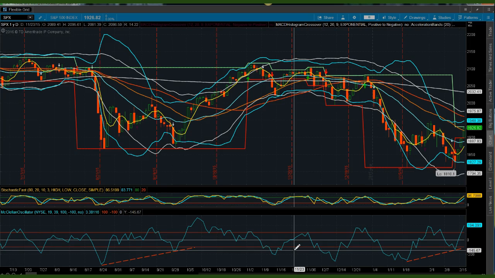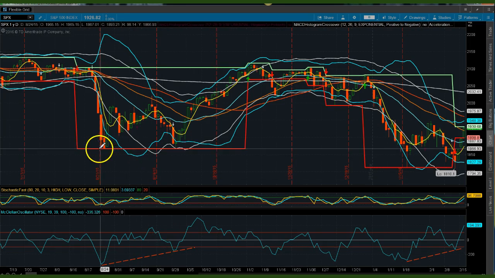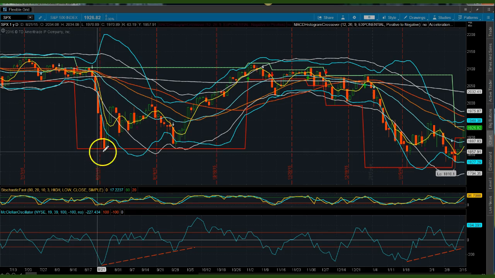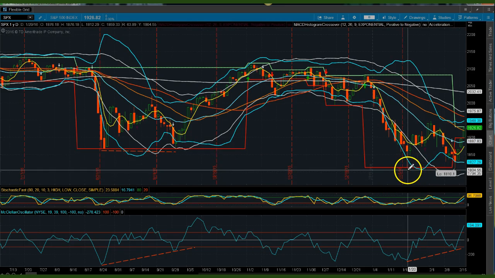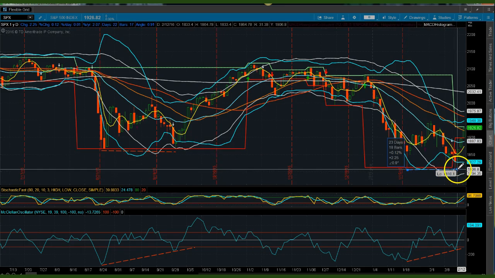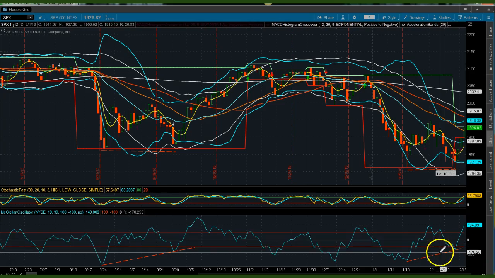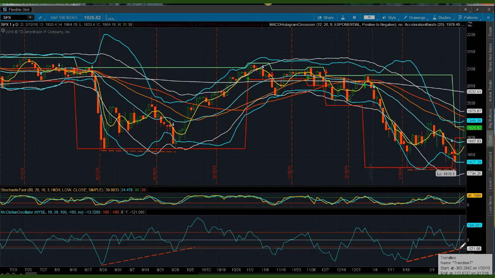Okay. So here was the positive divergences which played out on this double bottom, right? And on this double bottom. And there was here another double bottom. And here was the positive divergence. Learn. It's not like this is the first time it's going to happen, but at least next time,